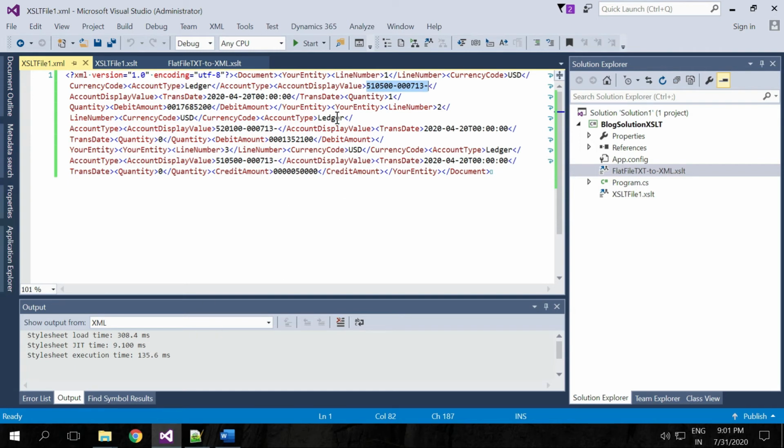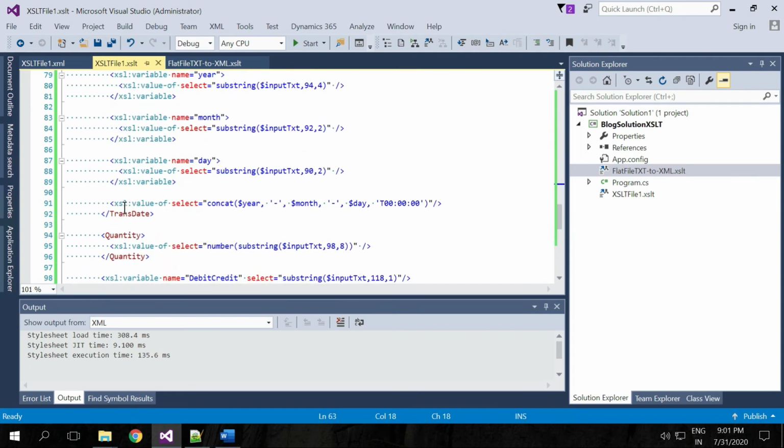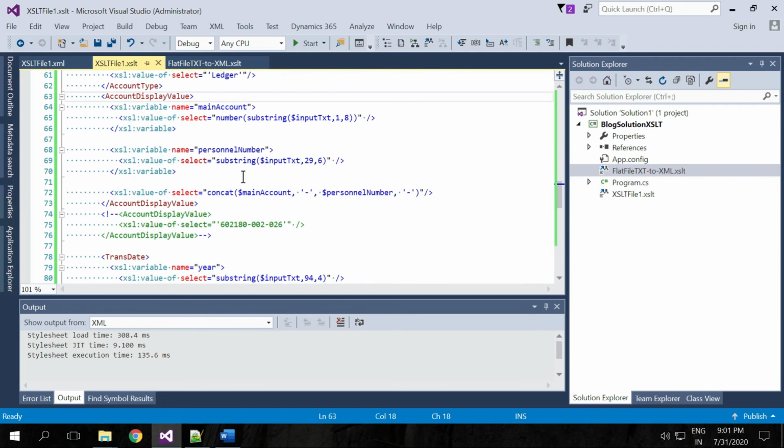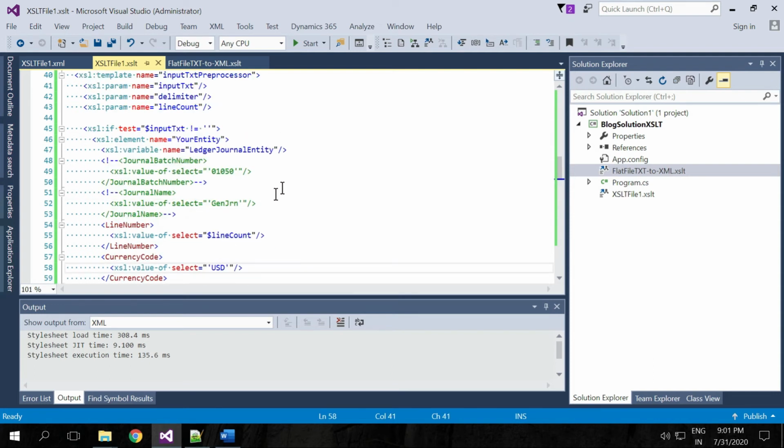Similarly, if you want to hard code anything and put it inside the tag, you can just write a tag there. Just put a tag currency code and say XSL value-of select. This is the syntax we use for hard coding any value inside an XML tag.